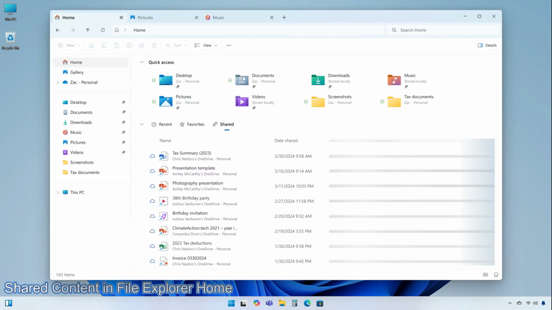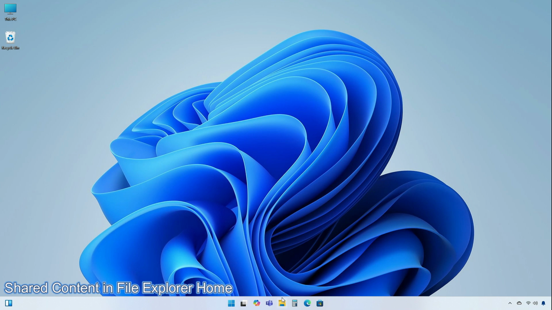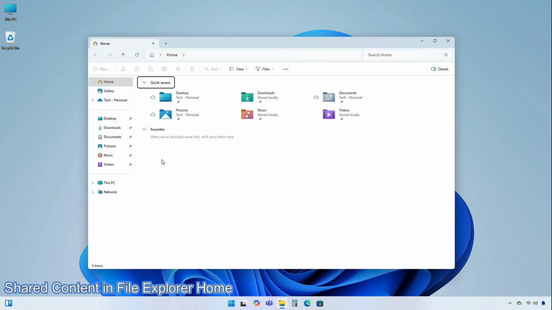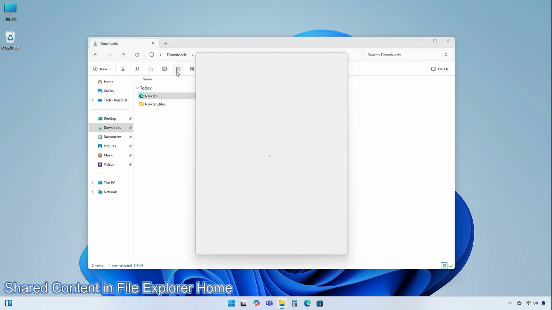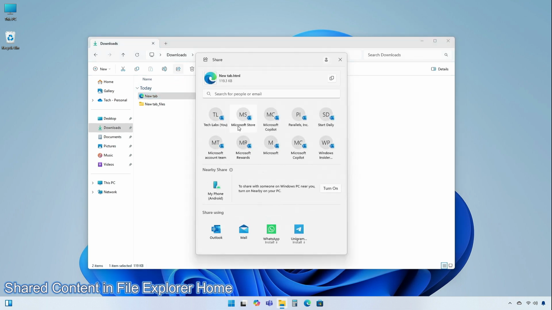File Explorer now gives you quick access to files that have been shared with you. If you're signed into Windows with a Microsoft account, you'll see files that have been shared with you via email, Teams chat, and more. Enterprise users with a Microsoft Entra ID account will see not only files that have been shared with them, but also files that have been shared with others. To use this feature, simply open the File Explorer homepage and click the Share tab. In addition, the list of file types displayed in the Recent, Favorites, and Shared sections on the main Explorer page